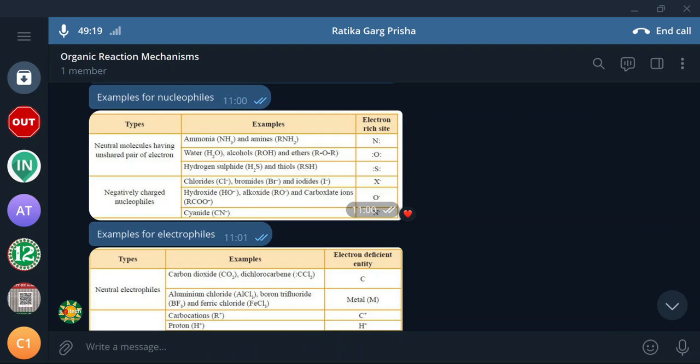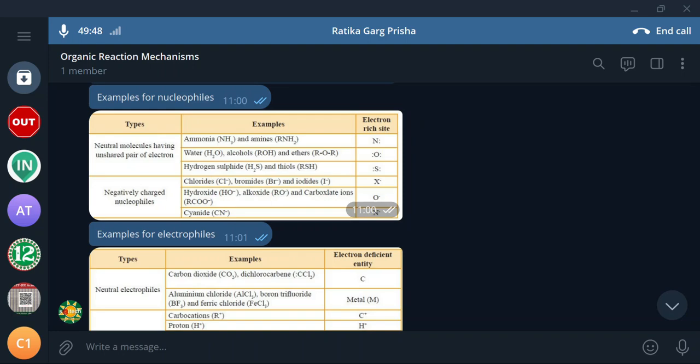Alcohol, ROH, is called alcohol. When O is replaced by sulfur, it is called thioalcohol, simply called thiol. And sulfur is also one of the nucleophilic reagents, that is a neutral nucleophile. So these are all neutral nucleophiles. But even though they are neutral, they are enriched with electrons, and that is where they approach the positive center or carbonium ion or carbocation.